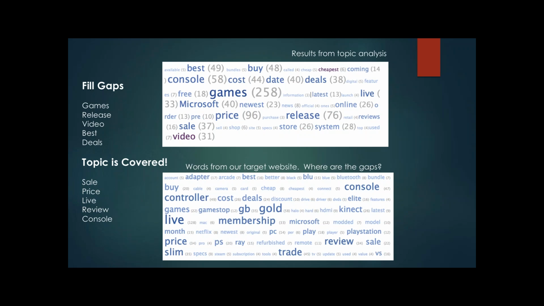And so what we want to do is look for the topics in our lists that have these gap words. Here are the results from our analysis, which I find really interesting, and I see this often: there's a lot more agreement between these authority sites than there is with another website, because these guys didn't really do any kind of analysis to cover everything. But the Google Hummingbird filter is trying to really find the key topic phrases, and it's more honed in. And so what I find is that I don't see enough appearance on the website I'm trying to fill the gaps on for these words here.